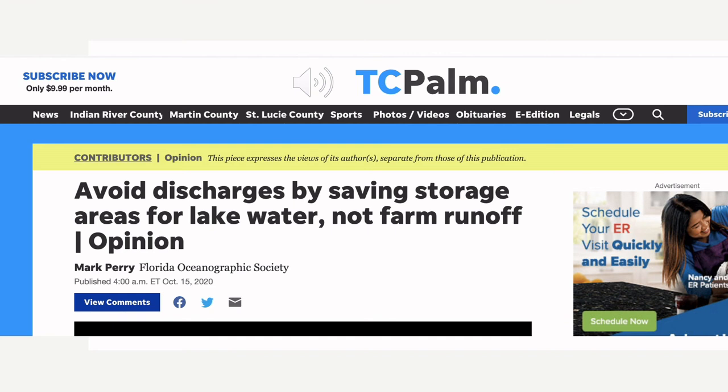Now, Lake Point was not designed to solve all of the St. Lucie River, the C-44's problems. The estimates when the modeling was done was around 10%, but that was called a material impact. And the solution